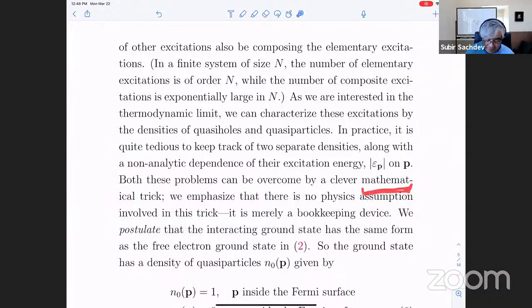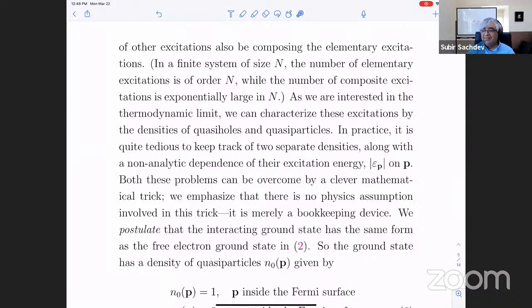And when I was learning this and reading many books, it wasn't made clear that this is a mathematical trick. It seemed like a physical assumption, but it's not. So there's no physics assumption. It's just a bookkeeping device. So what we're going to say is the following. Since we don't want to keep track of whether an excitation is a hole or a particle, everything is going